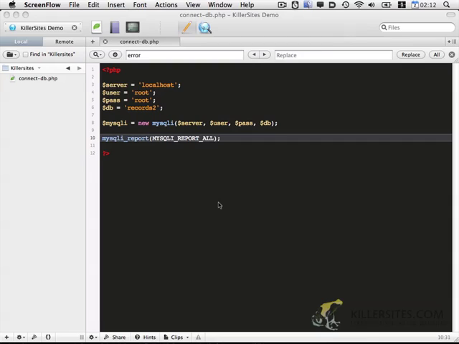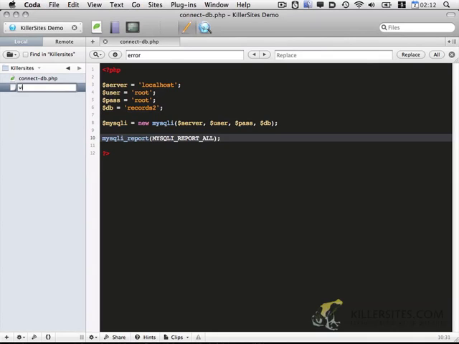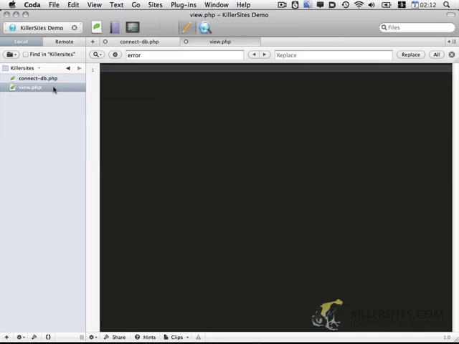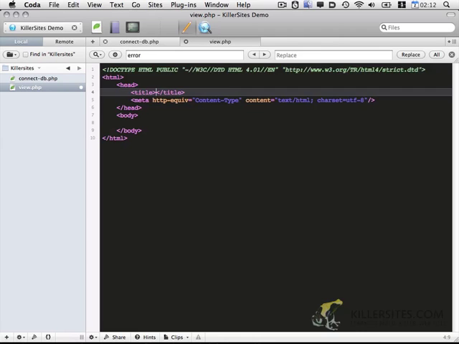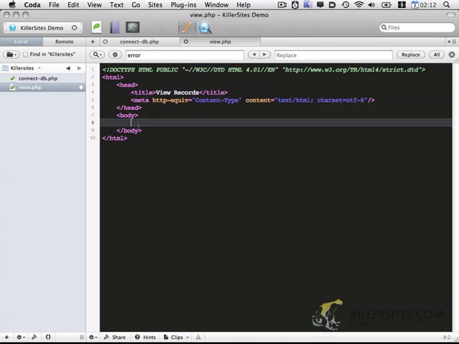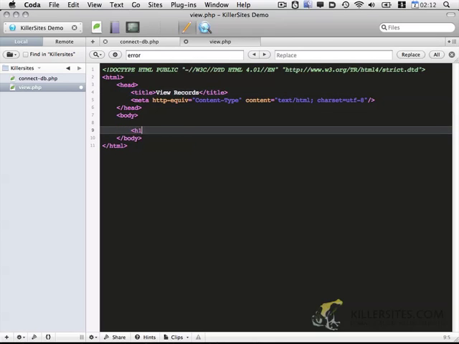Now that we have the connection to the database established, let's go ahead and create a file that will be able to view the records that are in the database. So I'm going to create a new file. I'm going to call it view.php, and I'm going to start out by just filling it with the standard HTML head and body tags. I'm going to put the title as view records, and in the body section, again, I'm going to add